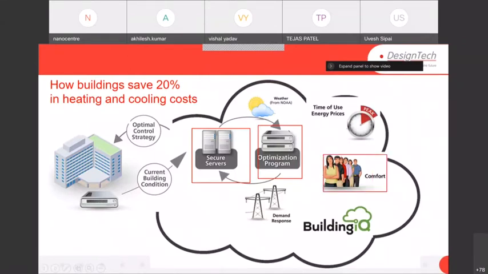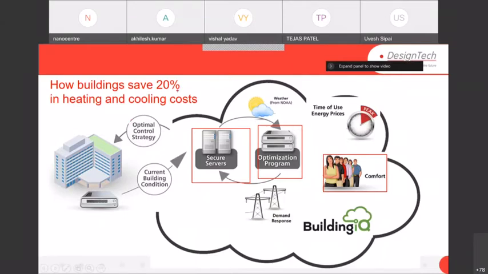And the comfort zone: how many people are there, whether it is very congested or there are only a few people. Based on all this data, the building will automatically manage the power, save energy, and decrease the cost of energy.